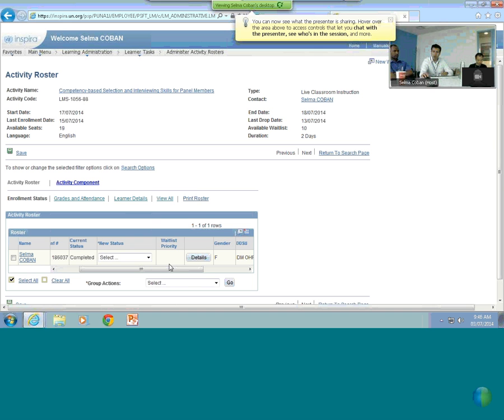I think basically this is how you manage it. Once you start using it, you will see that one of the key benefits of what I've just shown you until now is the self-registration. So basically, to create your class, you publish it. People go and register, and the system automatically manages, based on your configuration, the size of the class, the wait list, and what the priority is.